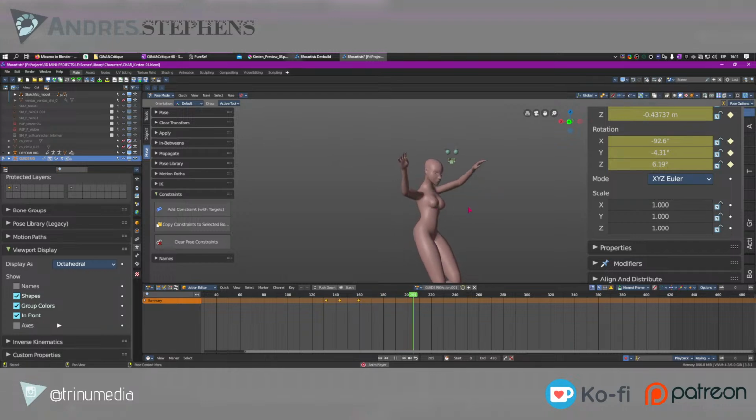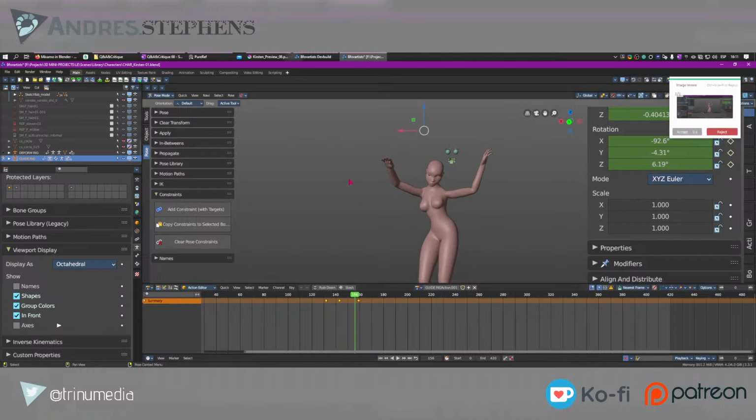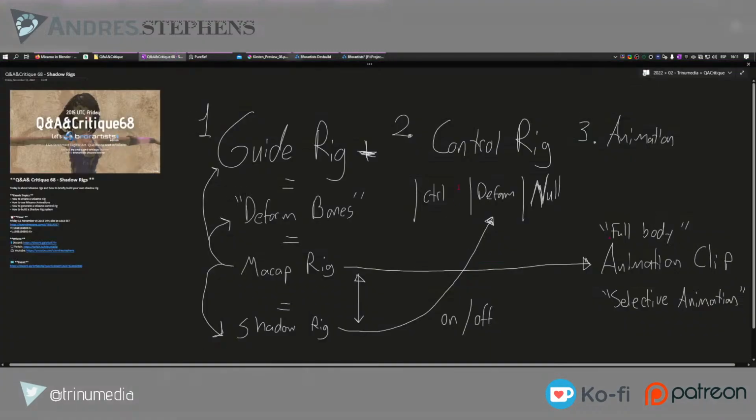So that's one way of creating a new system of using mocap without needing to rebake, using a Mixamo control rig, and you can bind your bones. If you're super into technical direction, you can create a script to help you bind your bones automatically, or you can build your rig based on the Mixamo rig with your own custom controls and just use copy and paste. There are many things you can do, but the basic idea is that we go back,